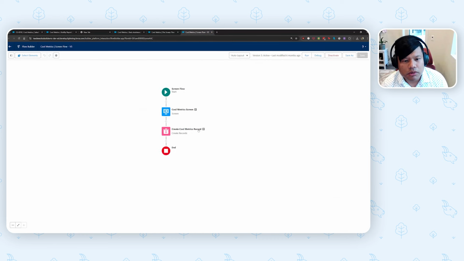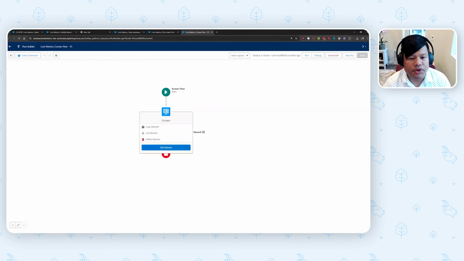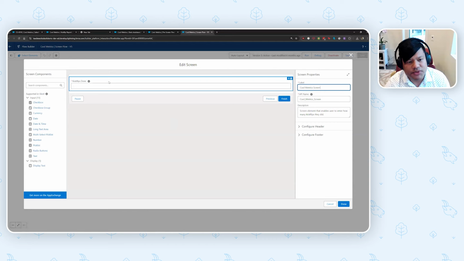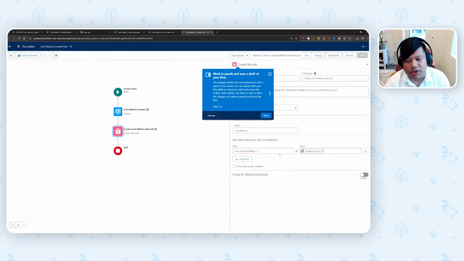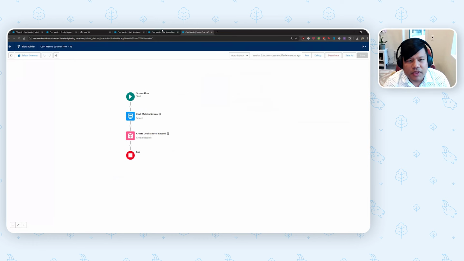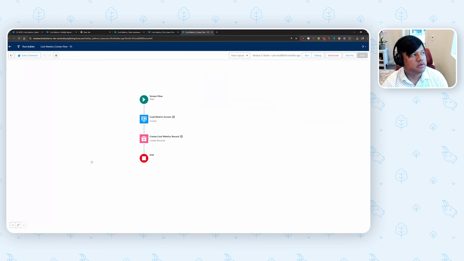here's the screen flow. And it's literally just like the first flow I showed you, the auto launch flow with the Workflow Builder solution. The only difference is that we're building the form element here in Screen Flow. So again, kickflips done. You saw that on the workflow part of this demo. Another create records element. We're going to do kickflips done. And then the cool thing about Flow for Slack is that it launches the flow directly into Slack. So it's not like an abstraction. It's not like a transposition. It's pure, straight Screen Flow.